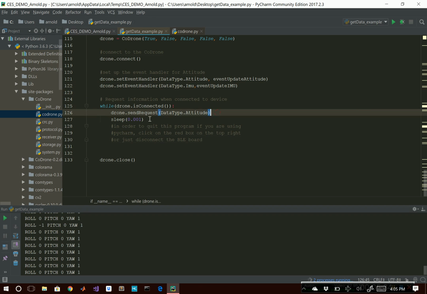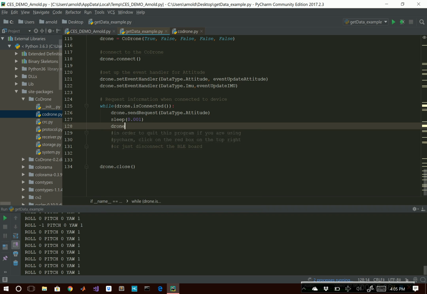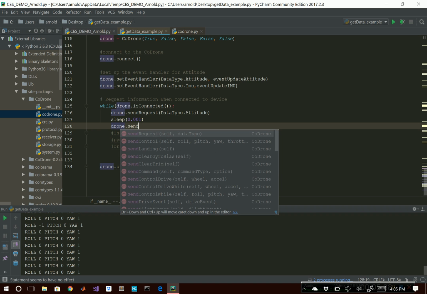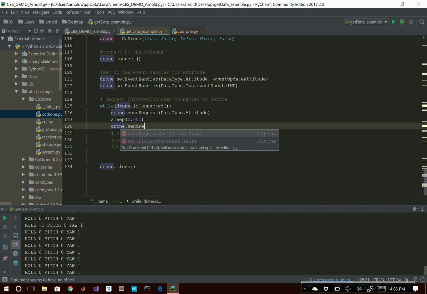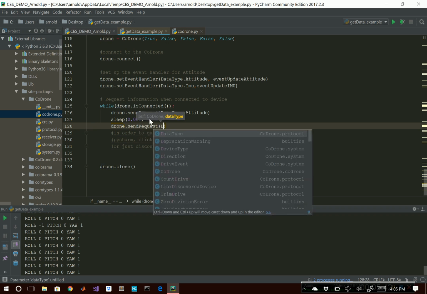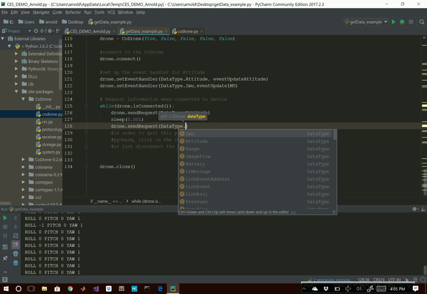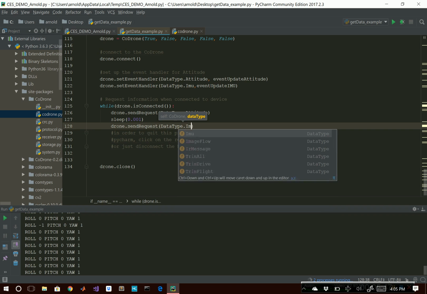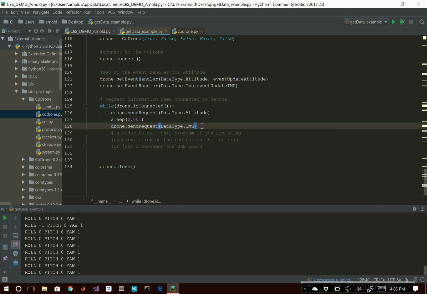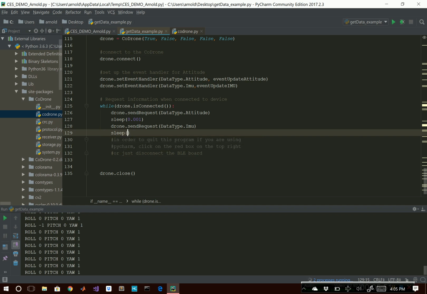Now, in order to request the data, I have to write drone dot send request, and then we can pass in the data type, and it's going to be IMU. Okay. Make sure you add delays between each request. If you just try to send it a bunch of requests, I'm going to go with a safe number. So I'm going to go with 50